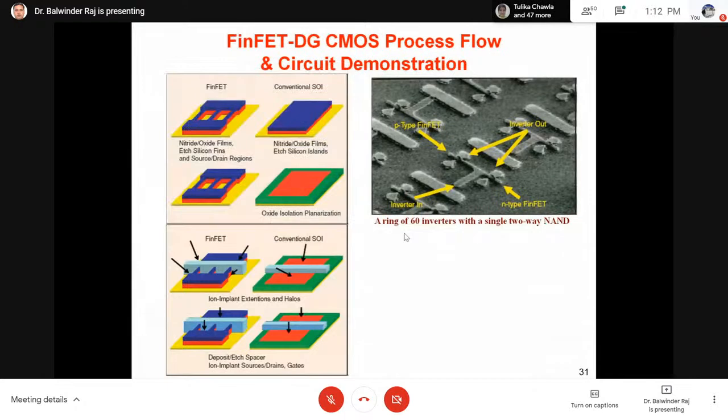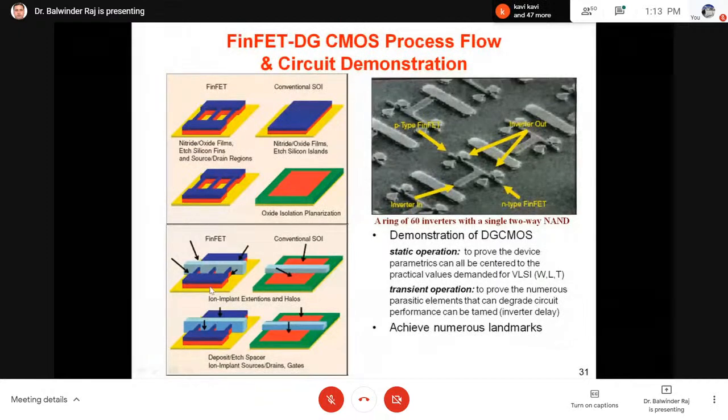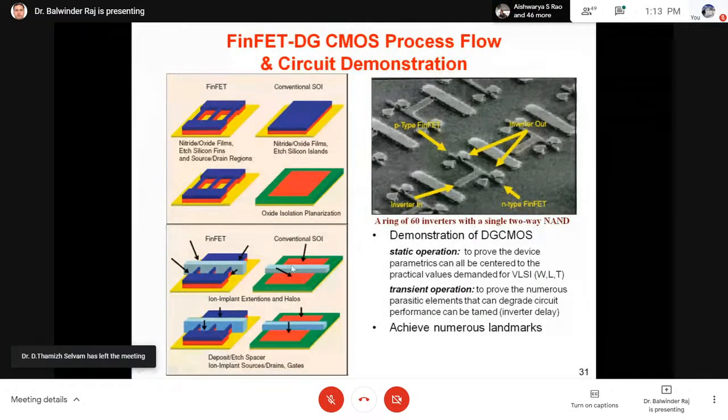This is in fact the FinFET fabrication flow and demonstration of the circuit. These are the same steps that we have discussed previously. We have to start with the conventional silicon on insulator technique. Then for the FinFET, on silicon we have to grow the silicon dioxide or nitride, then this layer. These are the conventional steps, and this is the further FinFET step. The conventional SOI technique means we have to select either partially depleted or fully depleted, and this